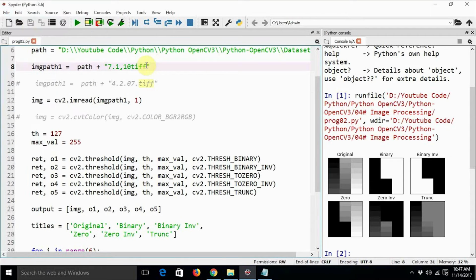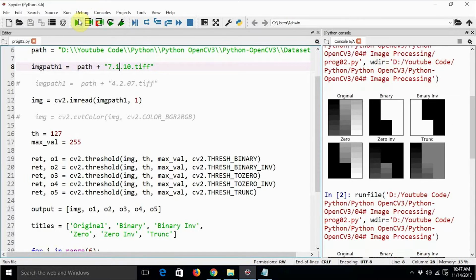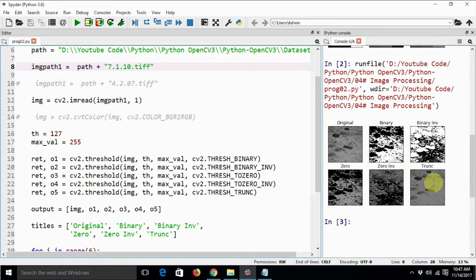First let's calculate the regular threshold of this image, and then we will have a look at the other method which will automatically calculate the threshold value. This is how the binary threshold looks, as well as the inverted binary threshold and so on. When you apply all these thresholds with threshold equal to 127, we can't clearly see the foreground as well as background. I mean, the vehicles are not separated.